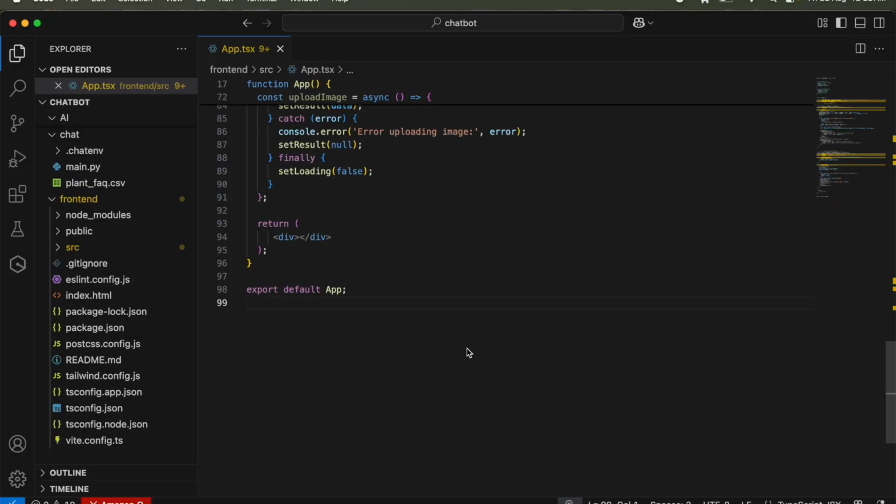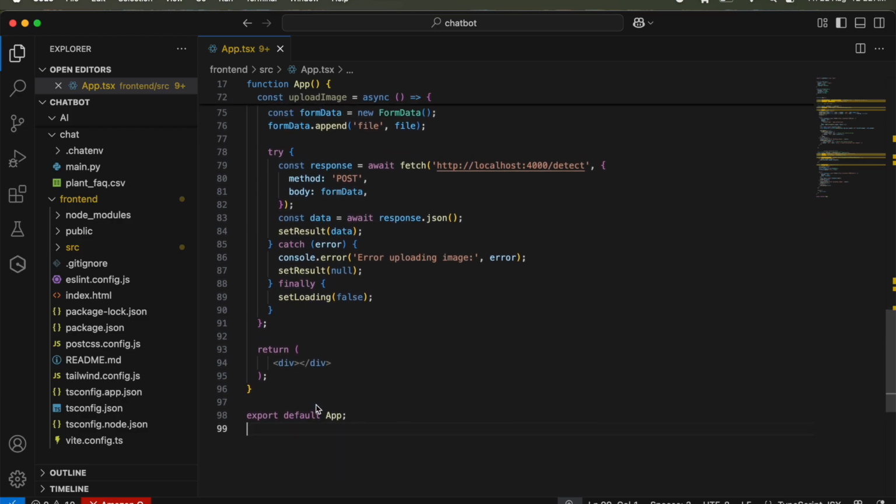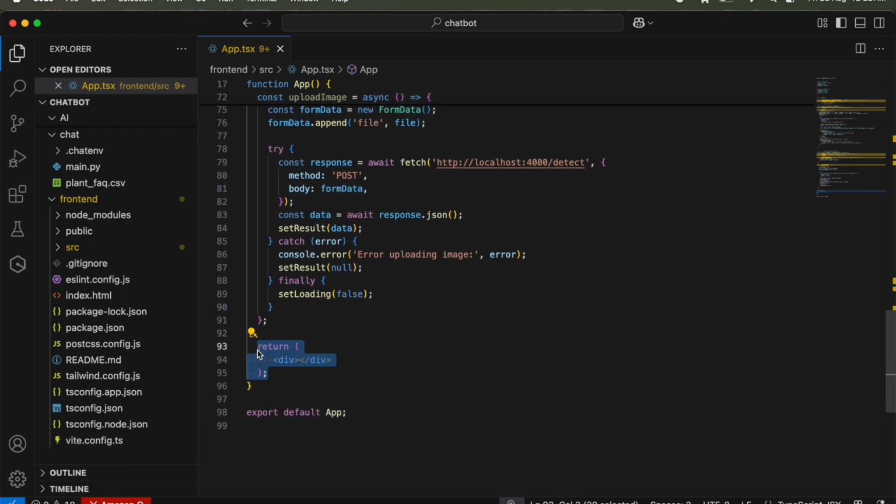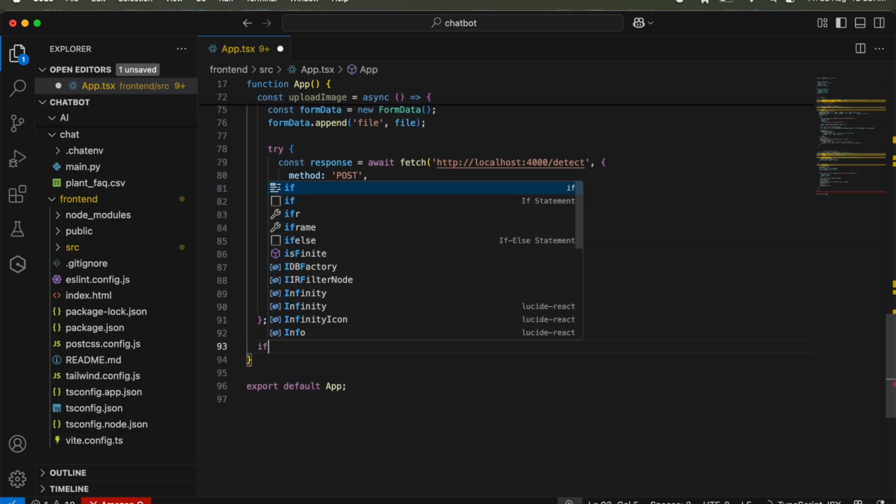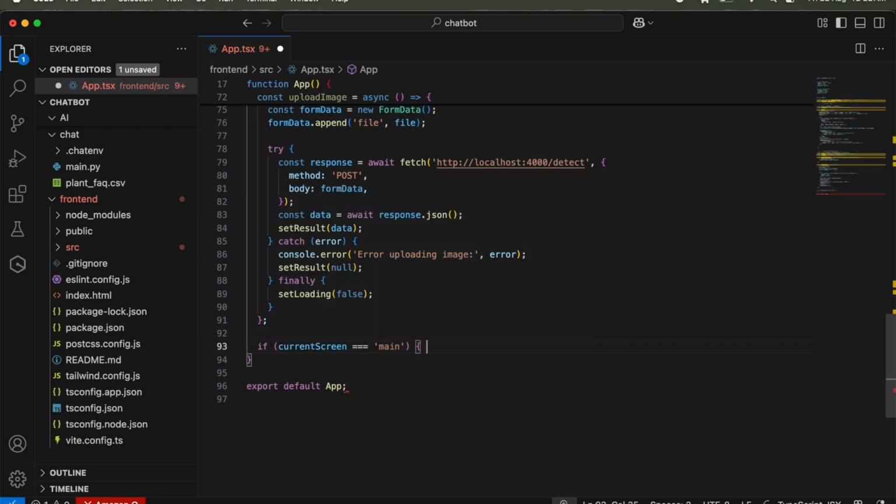Okay, now let's design the screen first. First of all, we need to design our main screen. So let me cut it, and if current state is main,